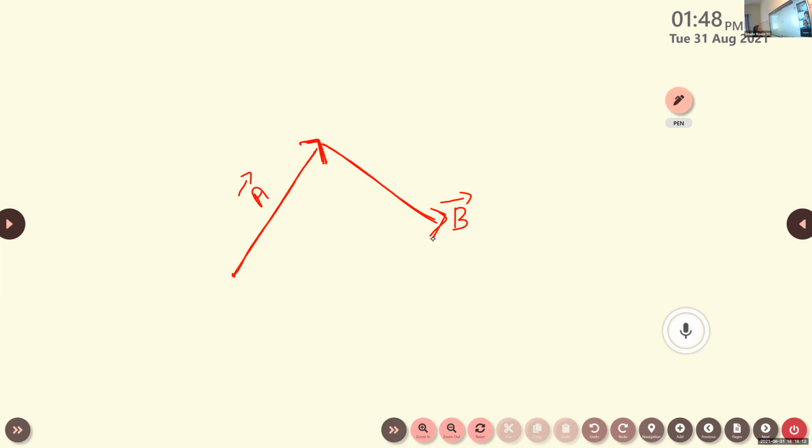In the triangle law, we consider the two vectors, and these two vectors are arranged in a tail to head manner. First we consider the tail, then the head portion. The second vector B is also placed like that. This is the tail portion and this is the head portion, the arrow mark. This represents the magnitude of vector A, and this arrow mark represents the direction of vector A.